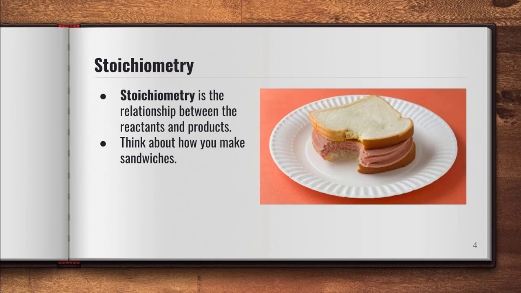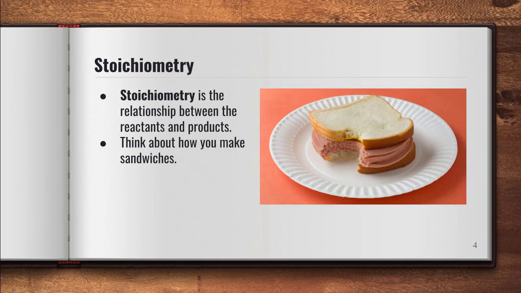So think about how we make sandwiches. I put a picture of a wonderful bologna sandwich on here. And for making a bologna sandwich, we really need two things. We need bread and bologna. Well, let's say that 2 pieces of bread make up a sandwich, and 2 pieces of bologna make up a sandwich. We can do a little bit of math here to figure out how many sandwiches